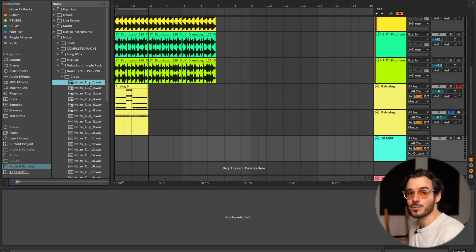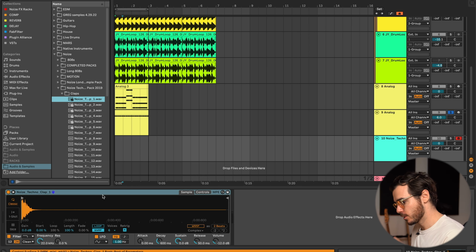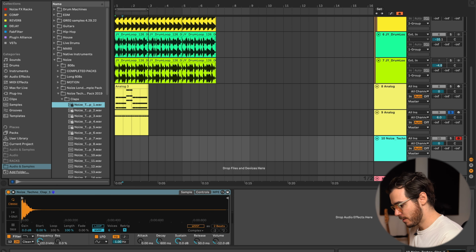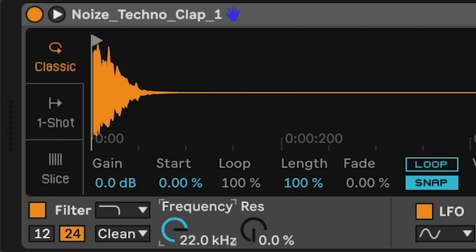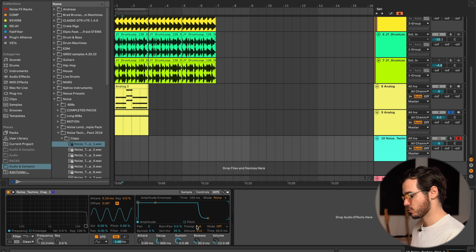Now, Ableton definitely had the producer in mind when creating their sampler. All you have to do is double click on a sample and it will load it automatically into what's called the Simpler. Then from here you have access to filters, which you can turn on or off, and you also have access to the pitch controls if you want to transpose it, just like in the quick sampler.